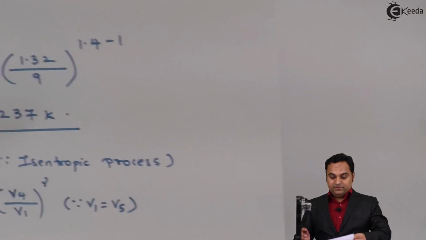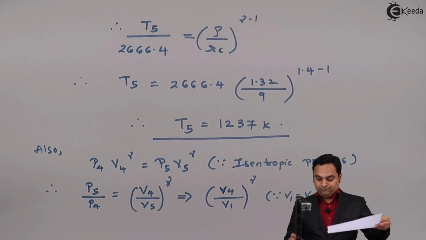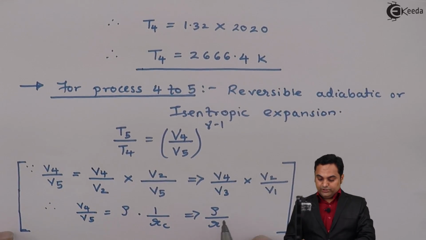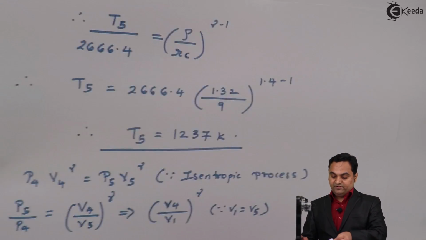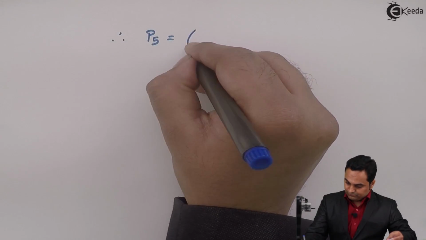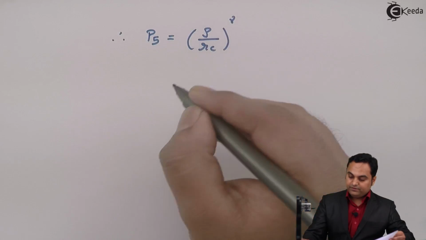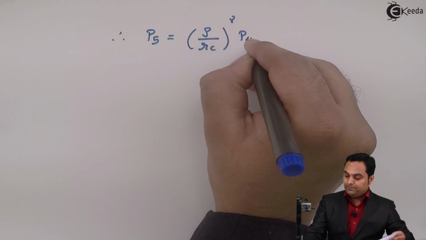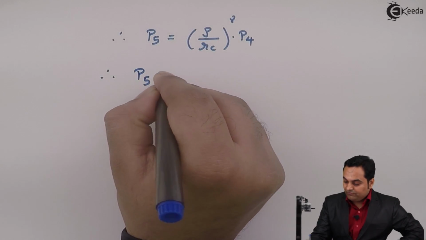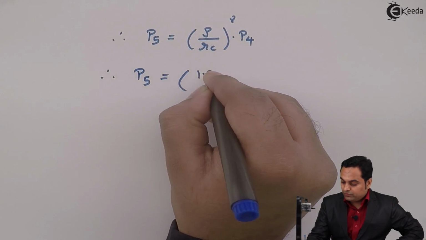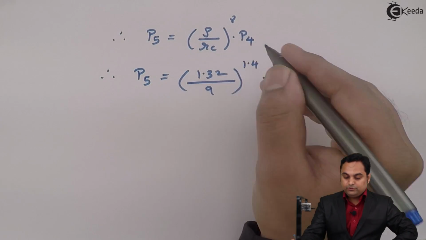Next, we have seen that previously V4 by V5 is also equal to rho upon RC. So for this I can write V4 by V5 is equal to rho upon RC raised to gamma multiplied by P4. So therefore P5 will be equal to, rho is 1.32, RC is 9, gamma is 1.4 into pressure at point 4,